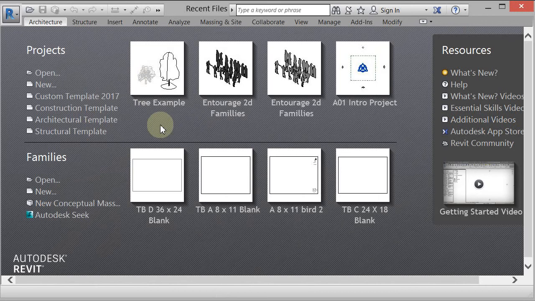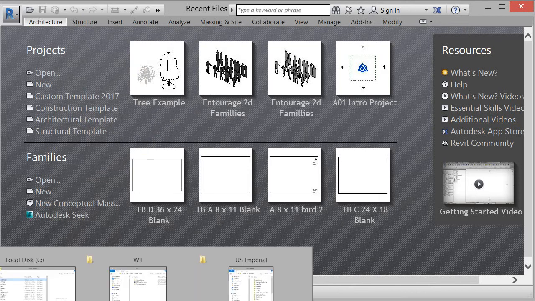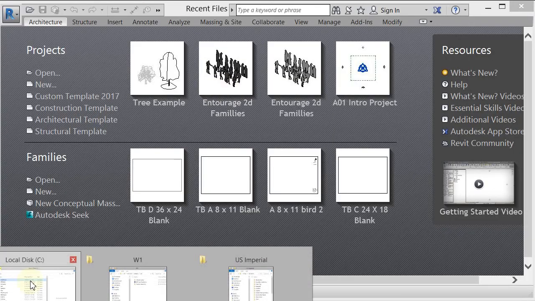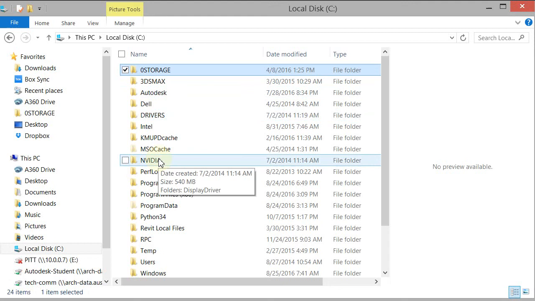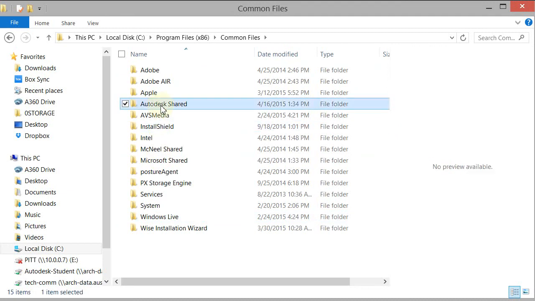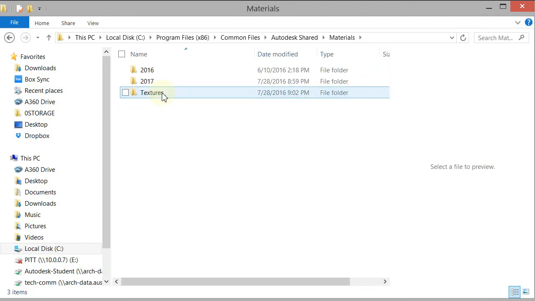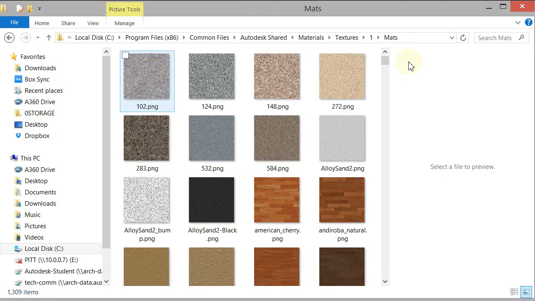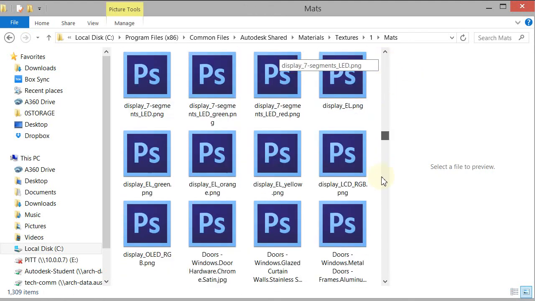All right. Once you do that, you're set up and ready to go, and we'll talk a little bit more about that stuff a little later. Just for your information, if I go to my local C drive, go to Program Files x86, Common Files, Autodesk Shared, Materials, Textures, 1, and Mats, there are all of the texture files